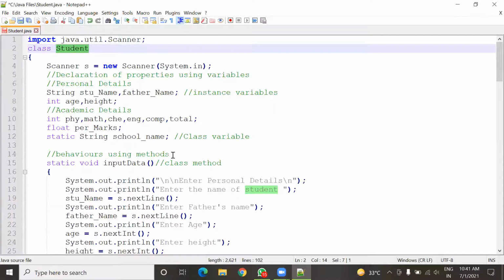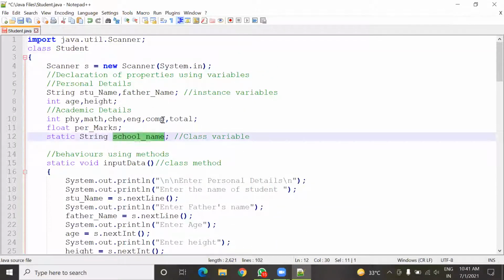But in case of class, this school name is only accessible to the Student class, which means only one value can be assigned for this school name variable. Why? Because this school name value will be shared with all the objects, meaning the same value will be shared. Because none of the objects can access this school name variable, so they cannot put a different value in this variable either. Now understood?